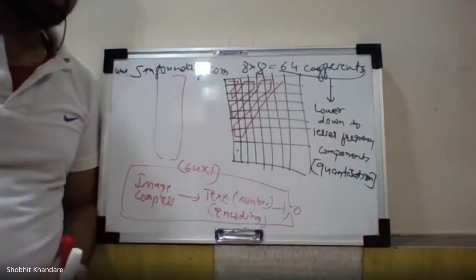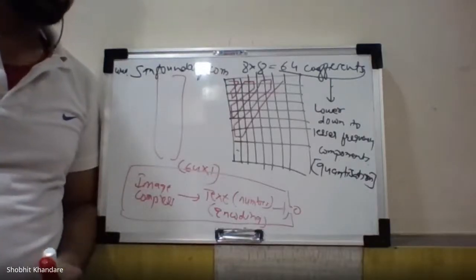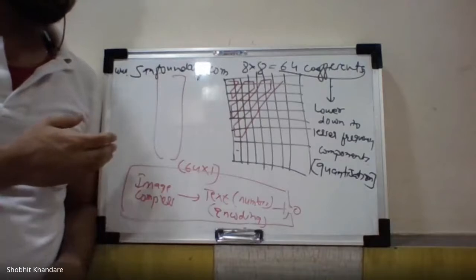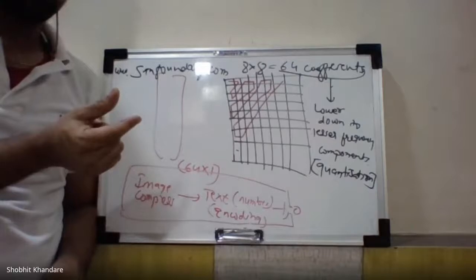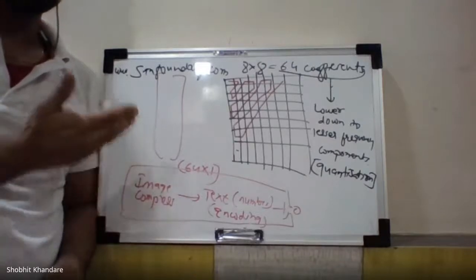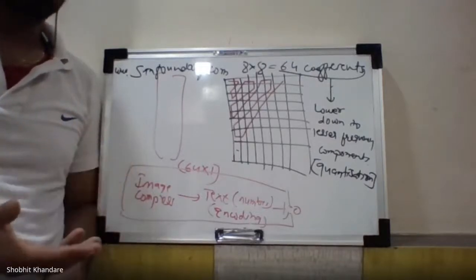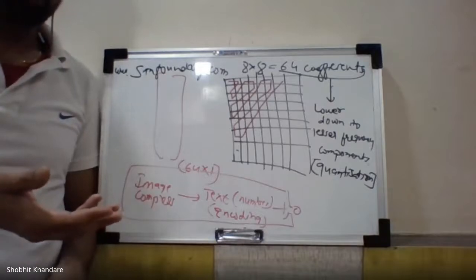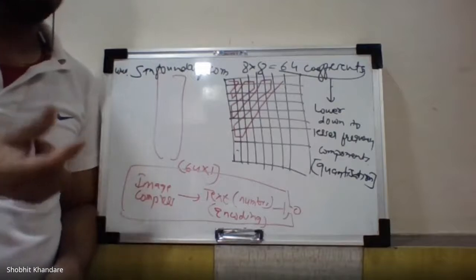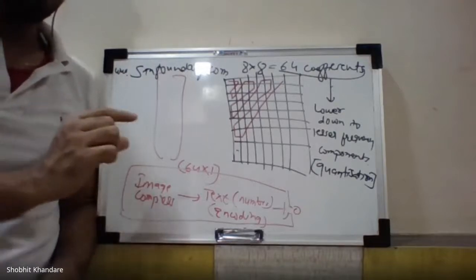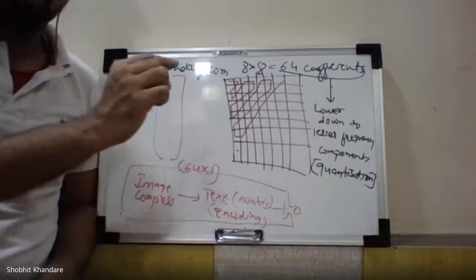Yes, I can ask about a particular block. For example, if I ask you about 8x8 blocks, I can ask you to tell me the total number of pixels in one block. It will be 60, 61, 63, 64. You will say 64. So what I meant to say is that your facts, your concepts, your foundation should be strong to answer such types of questions. But nowhere in the question will I be drawing the block diagram.